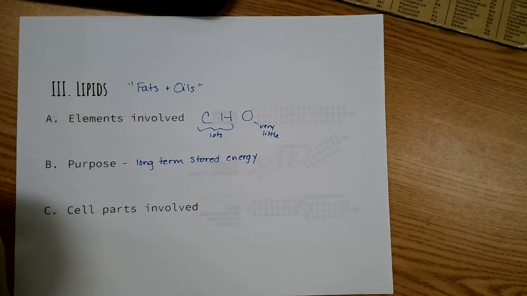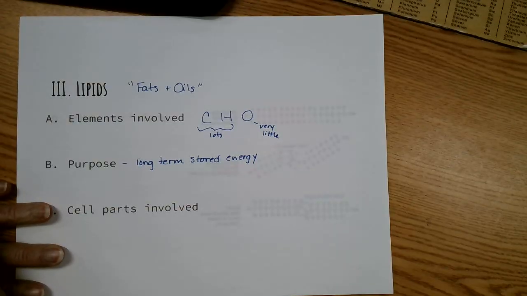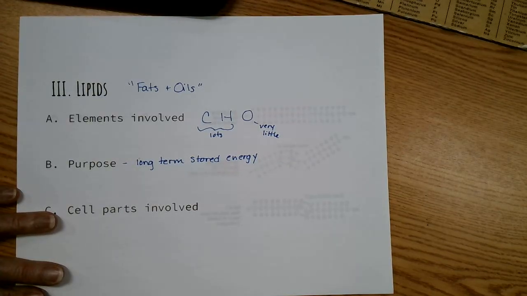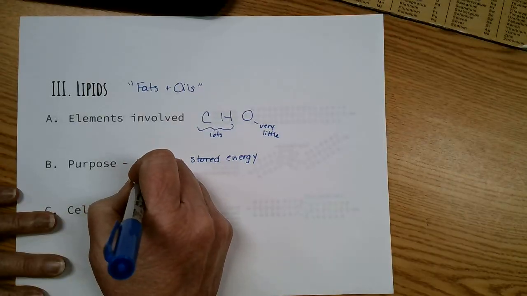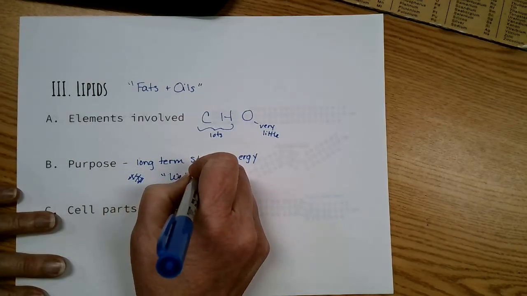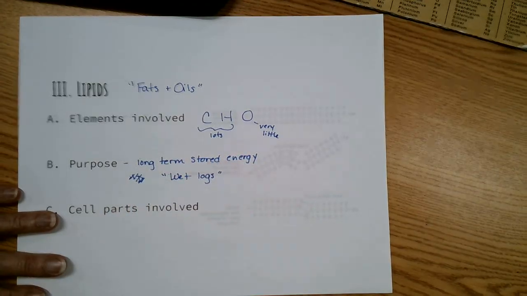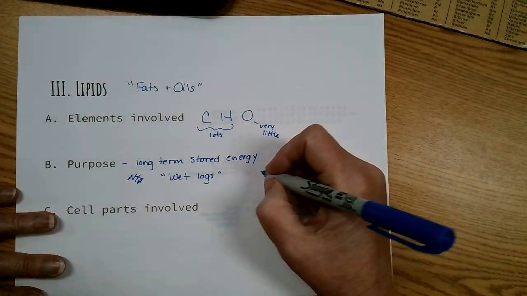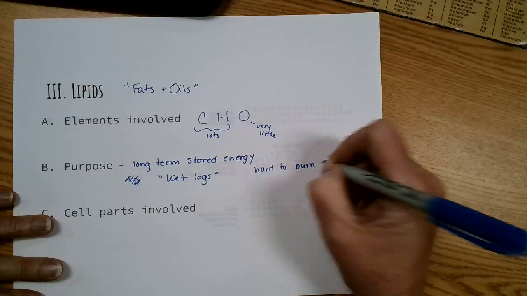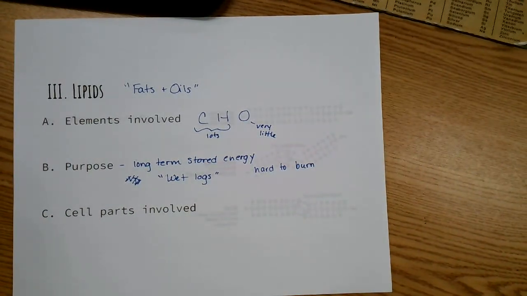Remember, carbs are our first energy source. That's what we want to turn to first. Fats are for long-term stored energy. So when you're not getting the carbs, your body's going to turn to the fat. But fat is hard to burn. I call it like the dry, oh, not dry, excuse me, cross that off. It's like the wet logs that you would put on a fire. They're very hard to burn. And the interesting thing about our lipids, and I'm going to get another model for you here in a second.